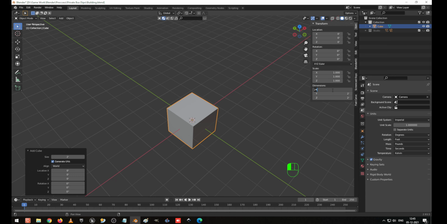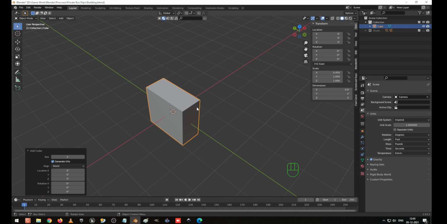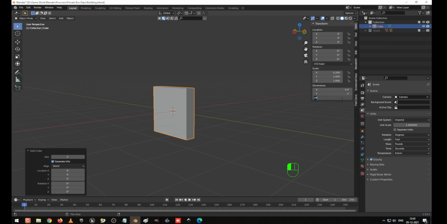X is the wall thickness I am going to give. So I am going to give it as 0.9. This is the wall thickness for creating a compound wall. The compound wall is too big, so I make it 0.4. This is better. And for height I am going to give 5 feet, because this is a private office.